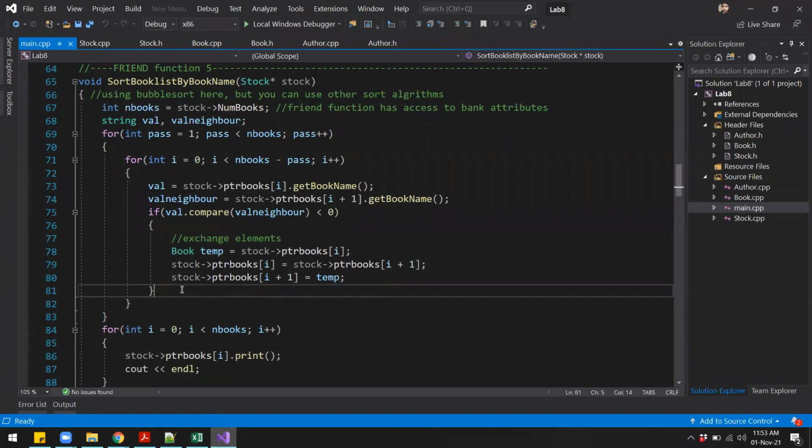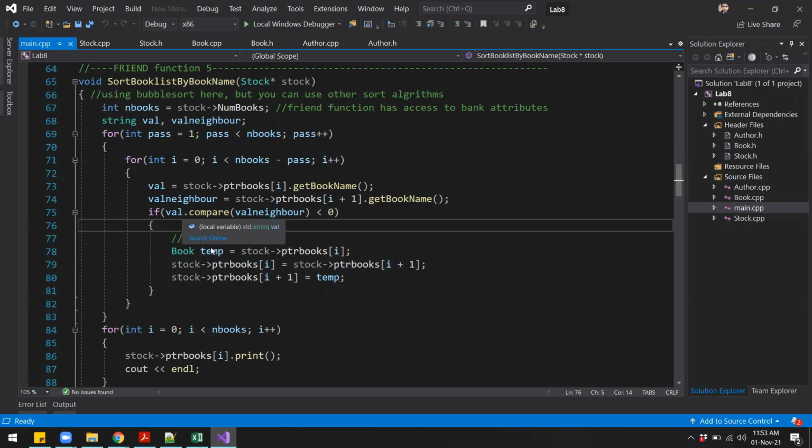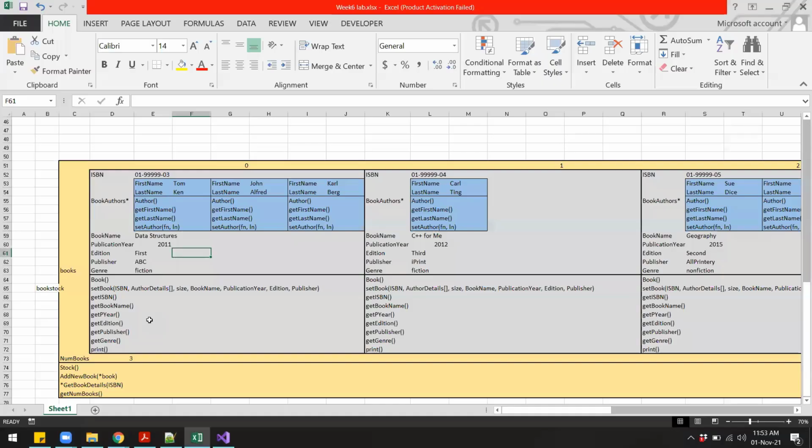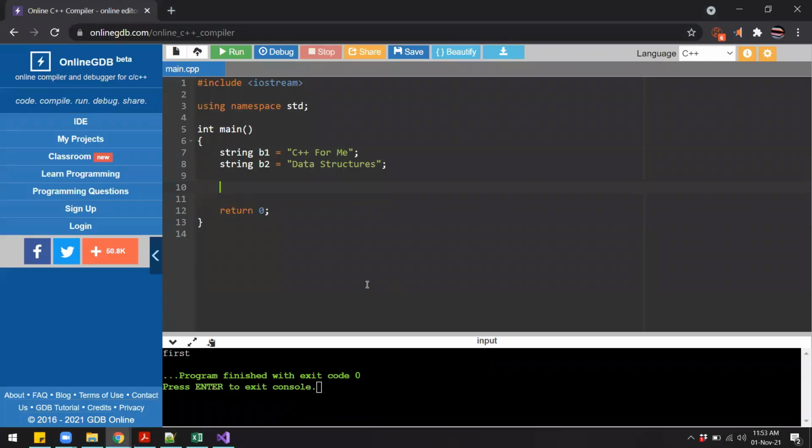Now the main part of the function is over here, where the checking and the swapping happens. There is a function used over here called compare. Now when you are comparing integers, you can just simply use greater than or less than. But in here, since we are trying to sort something by the name, which is a string, for that we will have to use the compare method. So how does this compare function work? Now I have a little code over here just to show how that actually works. So I have 2 strings. I'll call them B1, book 1, and B2, book 2.